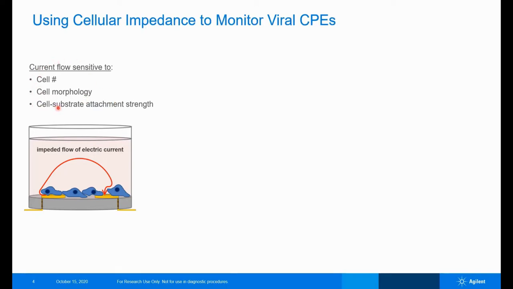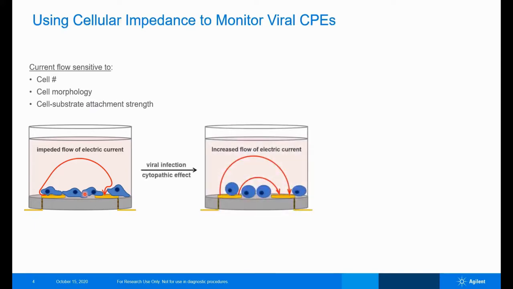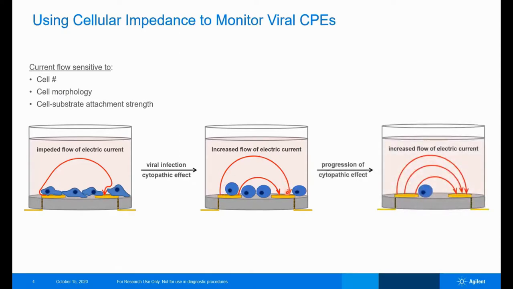So in a typical impedance assay for virology, we start off with an intermediate or high confluence for our cells. And when virus is added and the cells begin to display a cytopathic effect, they start rounding, attaching to the plate bottom less tightly. This allows for more current to flow through the system. And as that cytopathic effect becomes more severe and cells lyse or detach from the cell bottom, even more current is capable of flowing through the system.